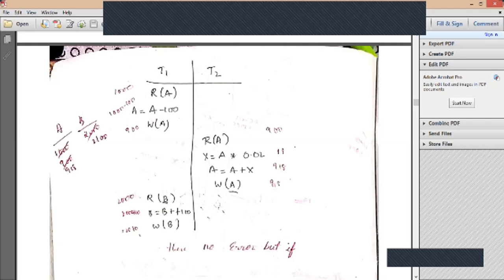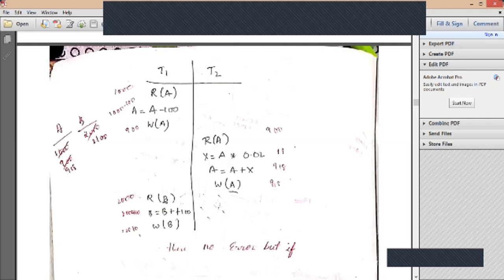Now when we come back to transaction T1, it is reading the data of B, and after reading the data, the amount which we have removed from the A account, we are storing in B and updating the value. Now can you see the first amount of A was 1000 and B was 2000. So whatever output we get at last, its sum should be the same as in the previous state, that is 1000 plus 2000, which is 3000. So after performing the transaction, A and B added should also be 3000. And is it 3000? No.